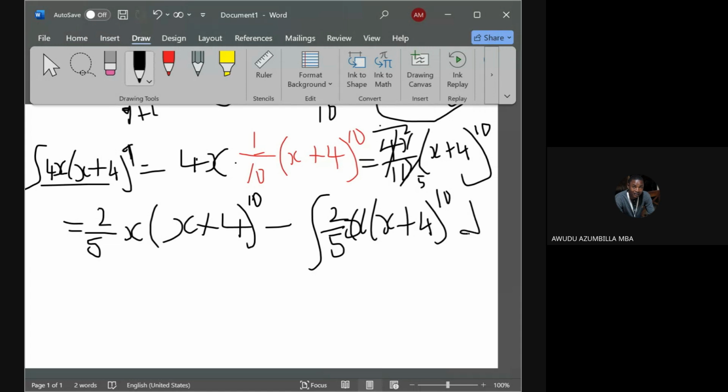Now let's take off the integral sign here. It means that we have to integrate this function with respect to x. So how do we integrate this function? We are going to get 2 over 5x, bracket x plus 4 raised to the power 10, and this one is minus,